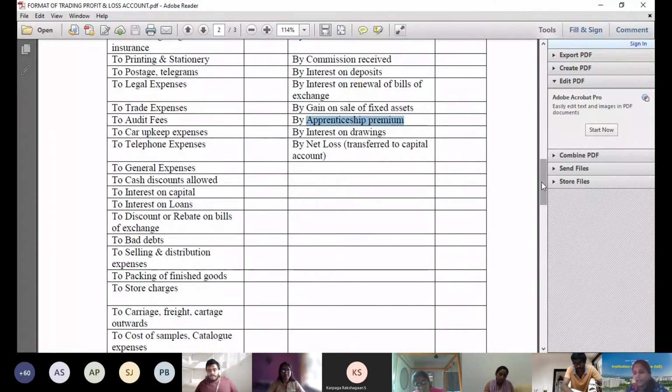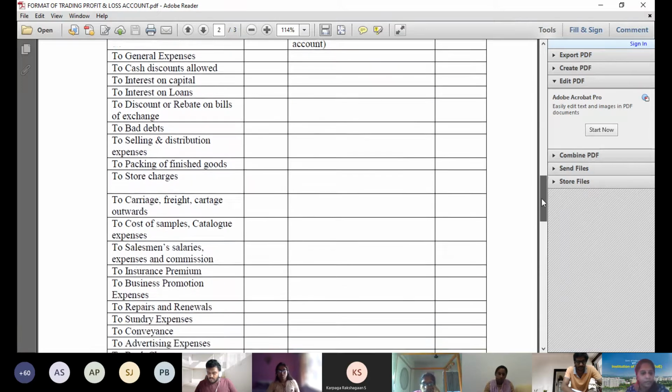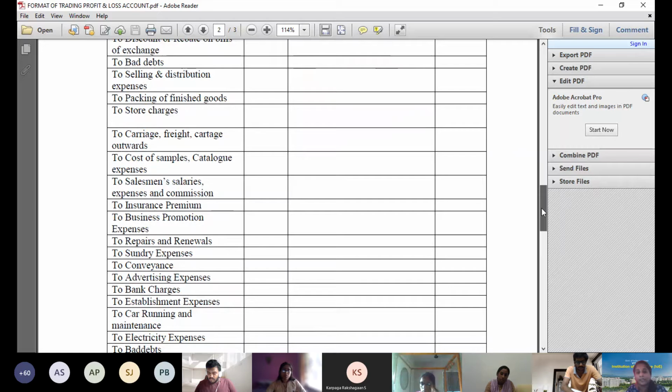P&L account. There's one concept of trade expense which I told you yesterday also. Trade expense is an aspect that is in a P&L account transaction, but one or two sums tell you that it is a direct expense. That problem I will explain when we are doing a problem. Fine, so that's not a problem in other aspects. Insurance premium will have a lot of adjustments, 6 months, 0.5 months and so on, so make sure that you do it.